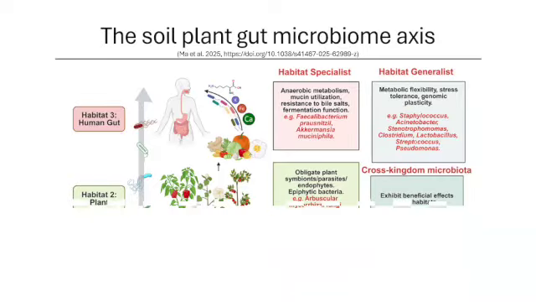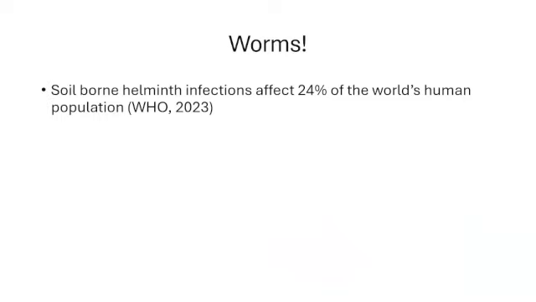And what else have we got? Worms. Now, one of the things about populations in countries like the UK, human populations at least, is rather uniquely in human history, we're not full of worms. Most of our ancestors would have been. They'd have had lots of helminth infections. And according to the World Health Organization, helminth worm infections affect nearly a quarter of the world's human population even today.